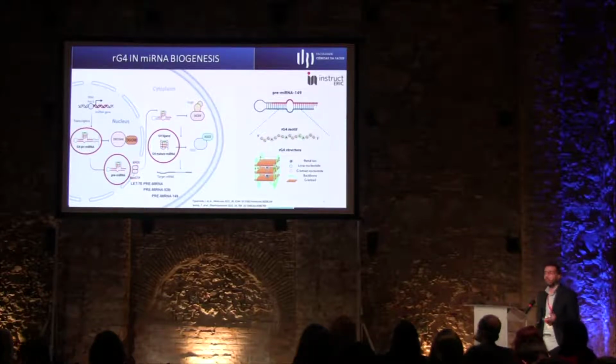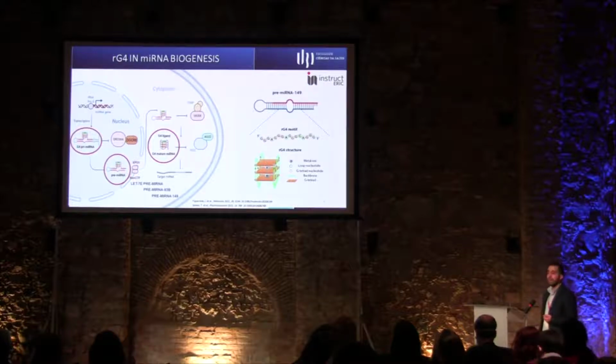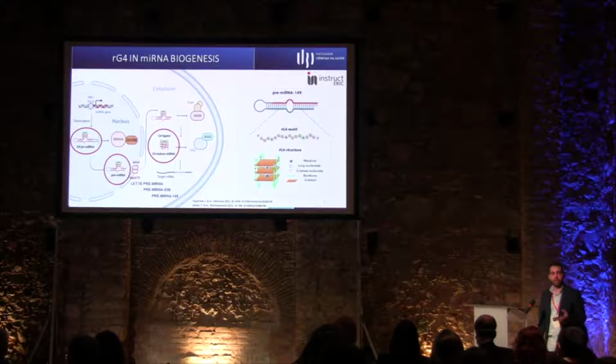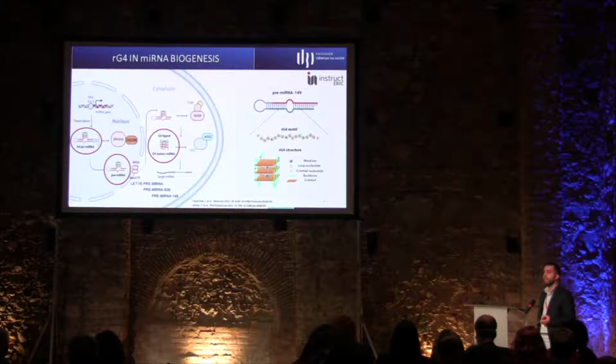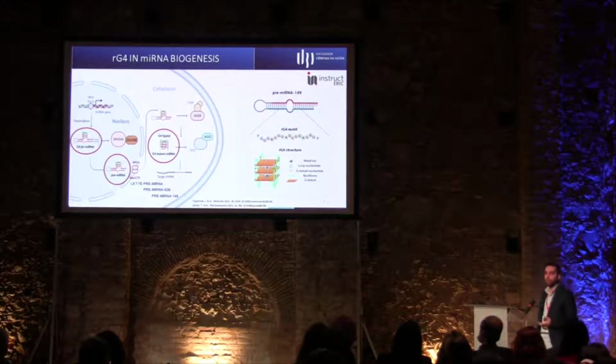We have studied the G-quadruplex motifs of three pre-microRNAs, precursor microRNAs, namely Let-7e, 92b, and 149. However, in this study, we only focus on pre-microRNA 149 because its major form is dysregulated in several cancers, and its sequence and the sequence of its precursor have the ability to adopt a G-quadruplex structure.